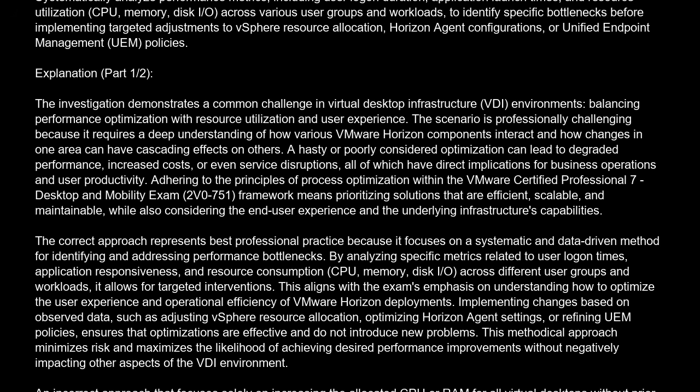This aligns with the exam's emphasis on understanding how to optimize the user experience and operational efficiency of VMware Horizon deployments. Implementing changes based on observed data, such as adjusting vSphere resource allocation, optimizing Horizon agent settings, or refining UEM policies, ensures that optimizations are effective and do not introduce new problems. This methodical approach minimizes risk and maximizes the likelihood of achieving desired performance improvements without negatively impacting other aspects of